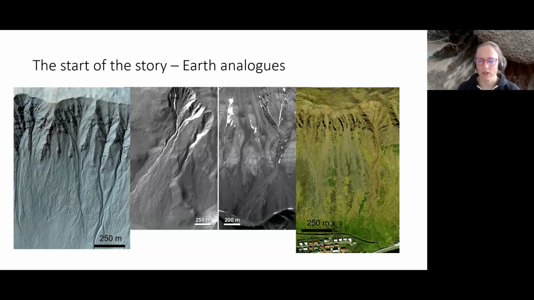So this was the reason that Ken Edgett and Mike Malin ascribed these features to the action of liquid water. It was their extreme similarity to gullies on Earth. So on the right-hand two panels, there are gullies in Svalbard and in Iceland, and on the left two panels, you have gullies on Mars. And what you can see is the scale of these features is very similar. So we're looking at kilometers